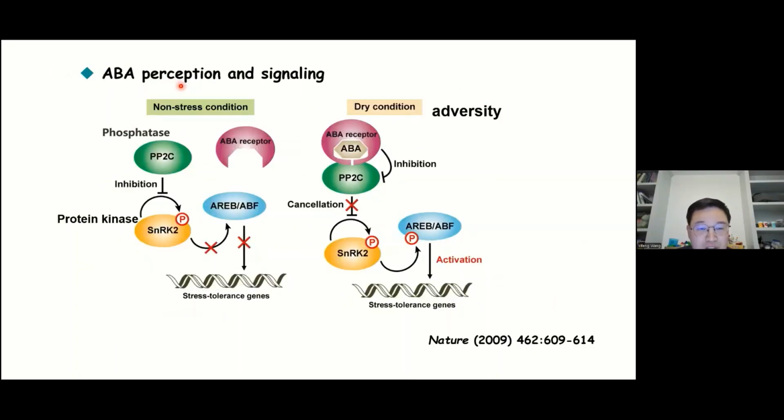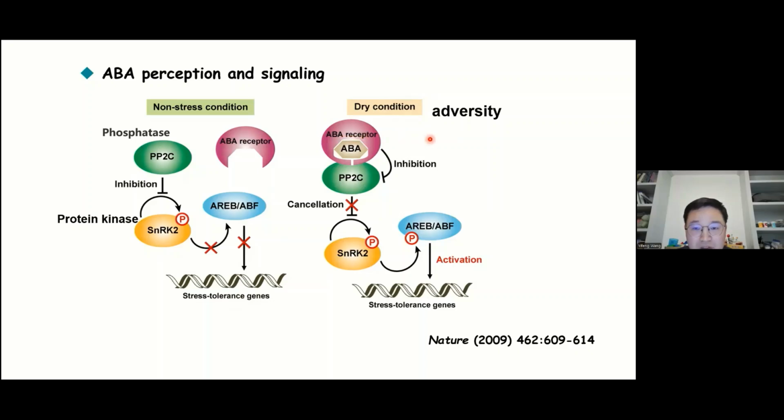Let me shortly introduce the ABA signaling pathway. Under non-stress conditions, the phosphatase PP2C inhibits the autophosphorylation of the protein kinase SnRK2 type. Then this kinase cannot phosphorylate ABF type transcription factors, and finally the expression of stress tolerance genes is inhibited. However, under dry conditions or other adversity,